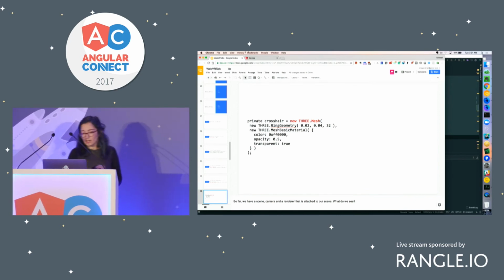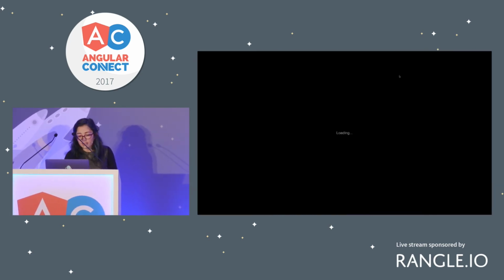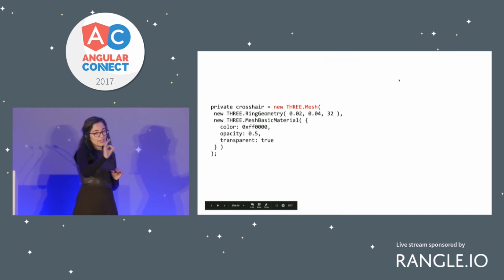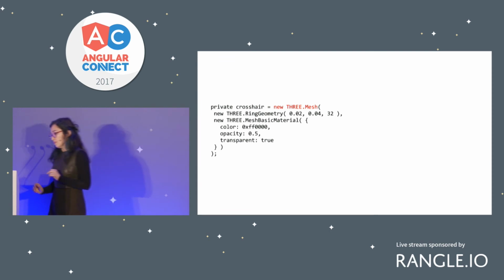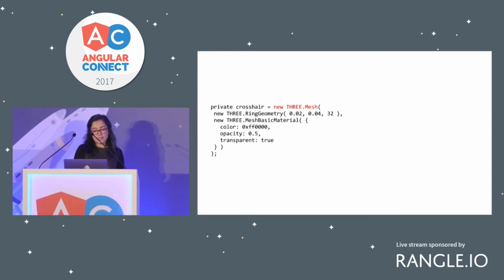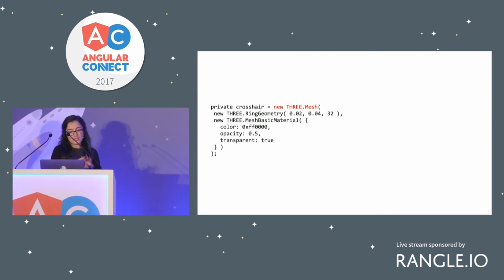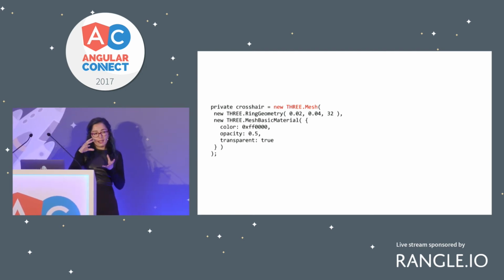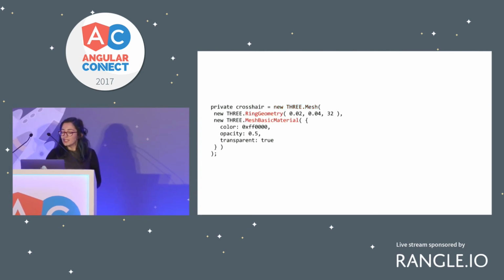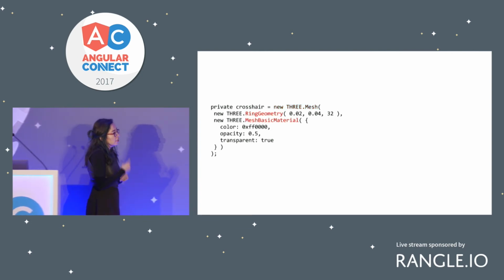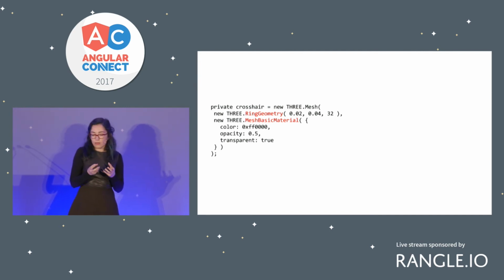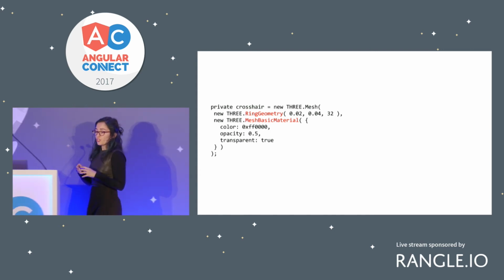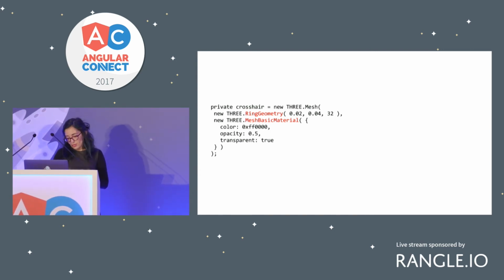So what I'm doing with the crosshair thing here is create that little donut, which is attached to my camera, and it's showing me where I'm looking and where I'm aiming. And it's basically a mesh, which is the term that we use to create the objects and define an object and put every definition that we need in it. And two definitions that we need: what the object will look like, which is the geometry. And in this case, it's the ring geometry, which makes it like the donut thing.